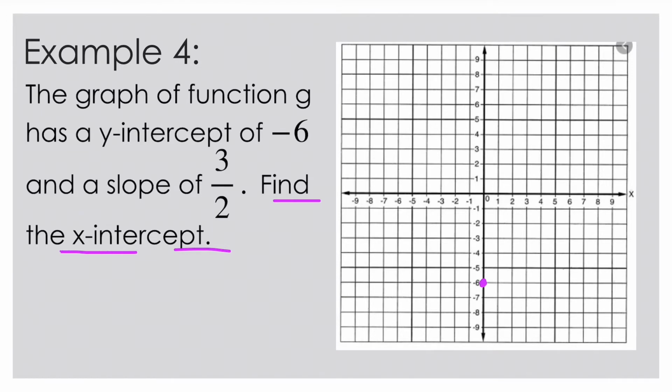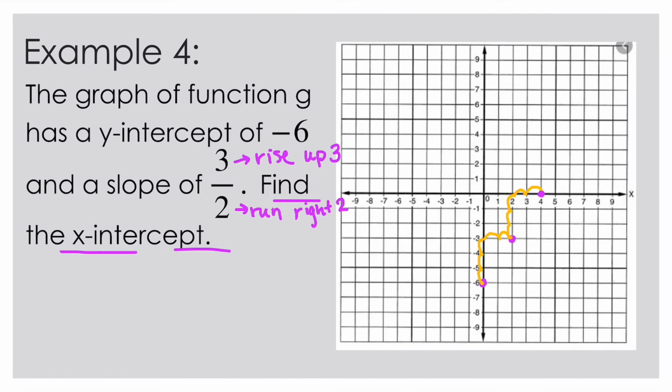And then it tells us our slope is 3/2. Well, 3 is our rise, and because it's positive, that tells us to go up 3. And 2 is our run, and because it's positive, it tells us to go right 2. So from our y-intercept, we're going to count up 3, 1, 2, 3, and right 2, 1, 2. And now we're going to put a point there. And now we're going to continue that pattern, 1, 2, 3, 1, 2,